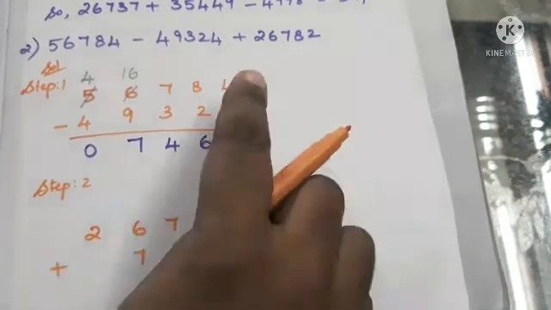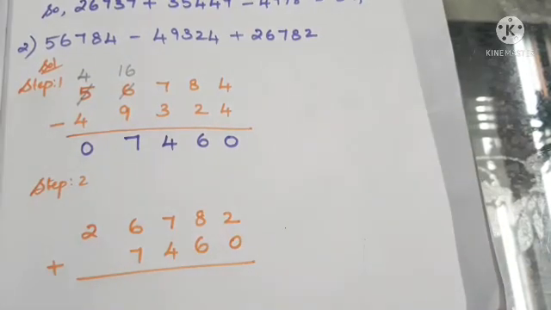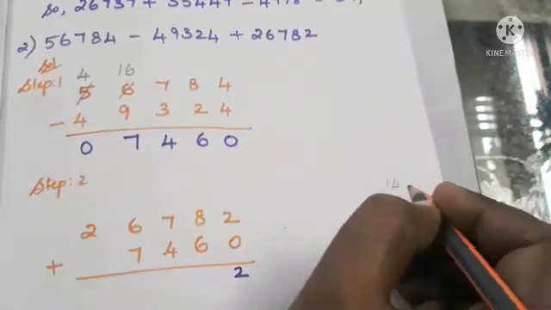Here we are going to add, isn't it? So we write the plus symbol, and we can add the two numbers. 2 plus 0. If you add a number with 0 we get the same number, so we get 2 as the answer. Then 8 plus 6. 8 in the mind, take 6 on the fingers. 8 after: 9, 10, 11, 12, 13, 14. So we got 14, which means we can write 4 first.